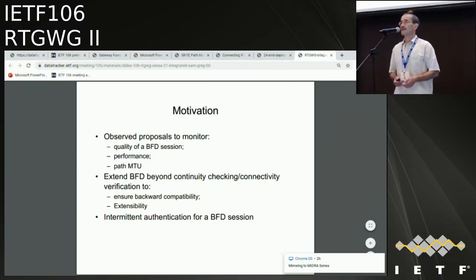Again, there are some proposals just to evaluate the performance and path MTU, because BFD is designed to be lightweight and efficient. It is only a very small control message, but there is interest to see if we can do something more with it. So here we came up with some ideas of how we can make BFD extensible, and another